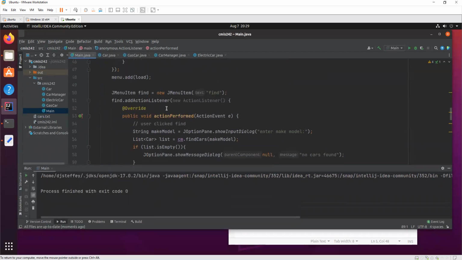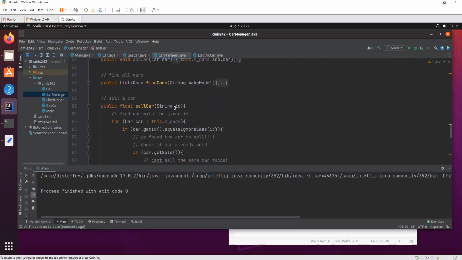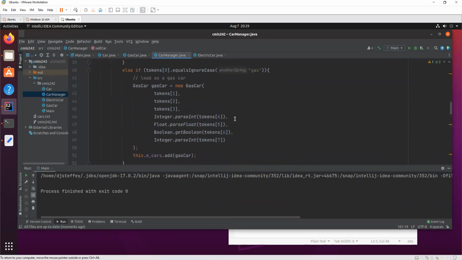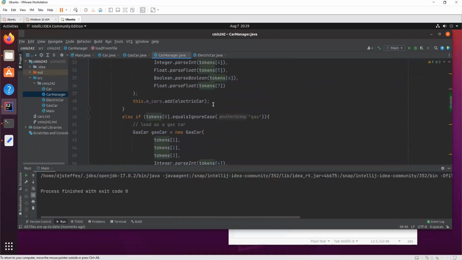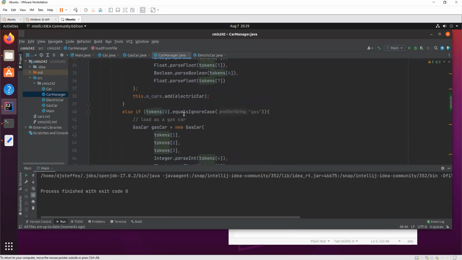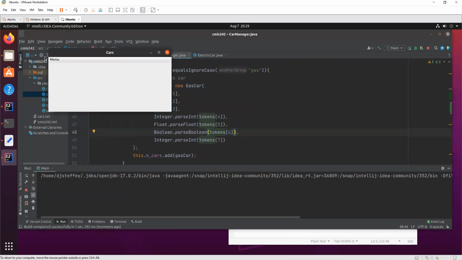I'm going to try to find this bug real fast. If I don't, just know I have a bug, and whenever you're doing yours, you have to find what the bug is. I think it's parse Boolean, actually. Oh yeah, that's the difference. I had get Boolean instead of parse Boolean. Parse Boolean is the correct one. So now when I run it, it should work.